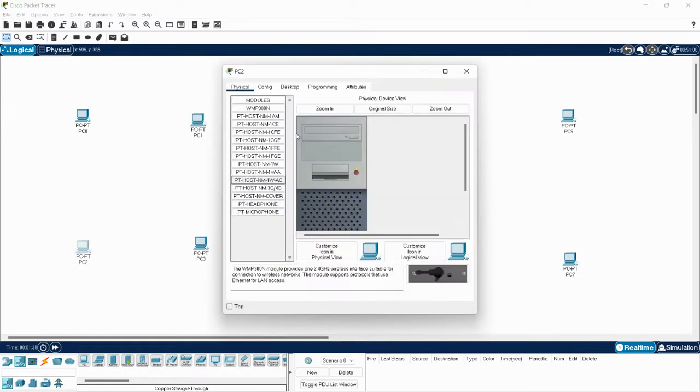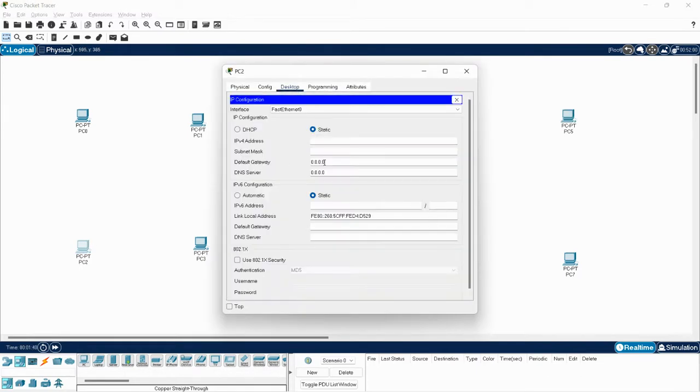Similarly, I'm going to provide the IPv4 addresses of the virtual machines belonging to VLAN 20, and the default gateway address for the virtual machines belonging to VLAN 20 is 20.1.